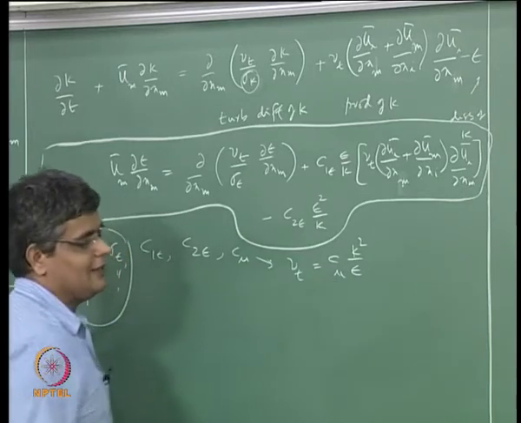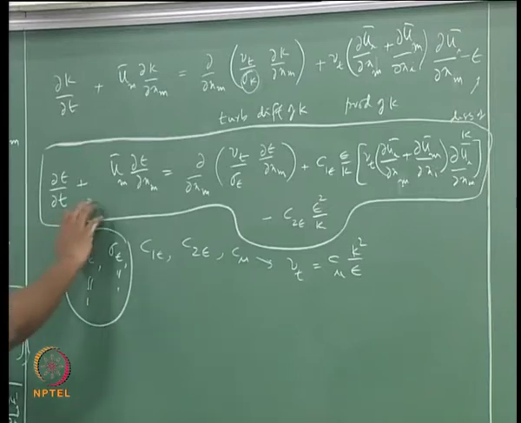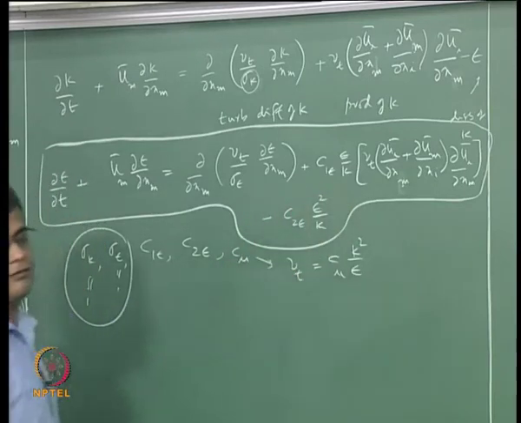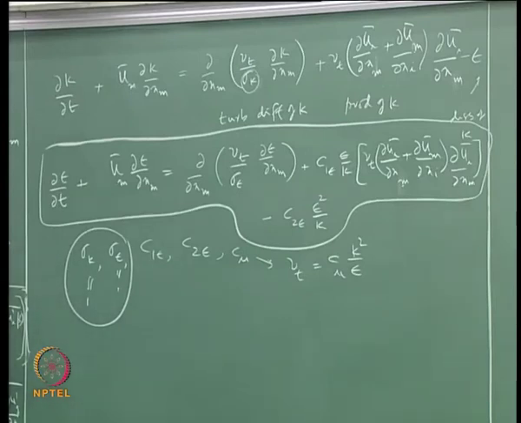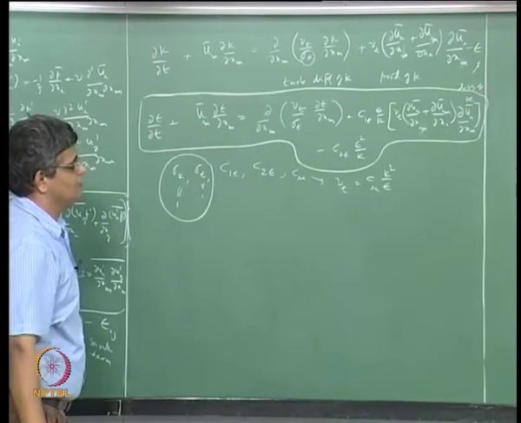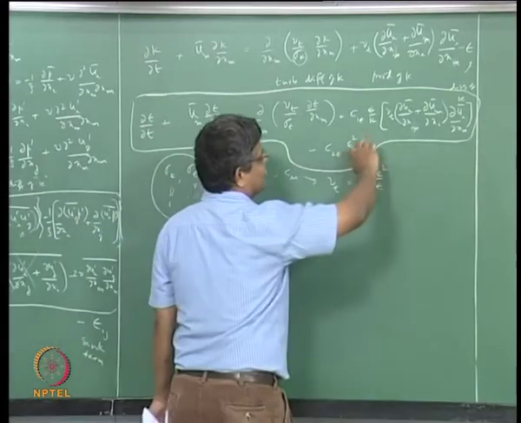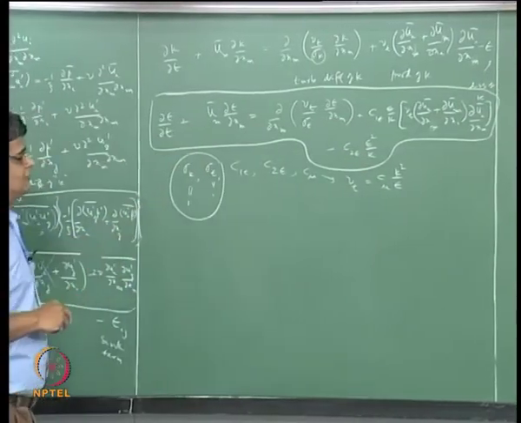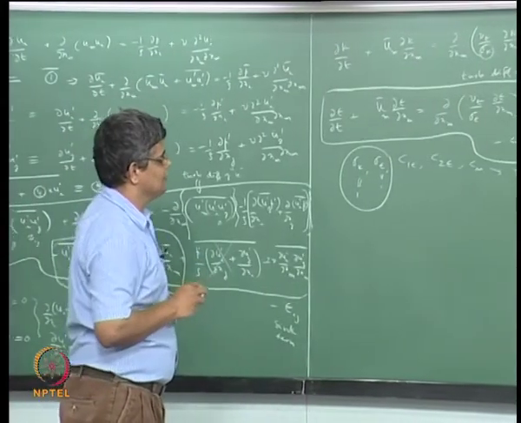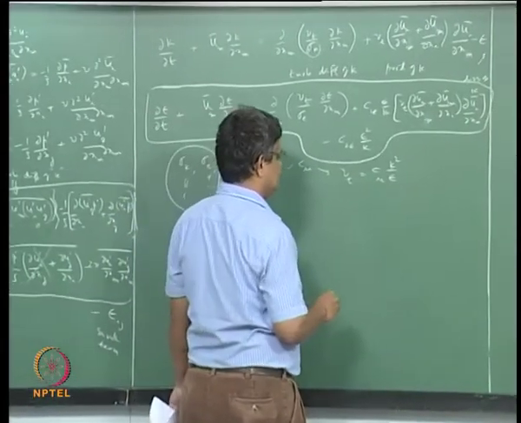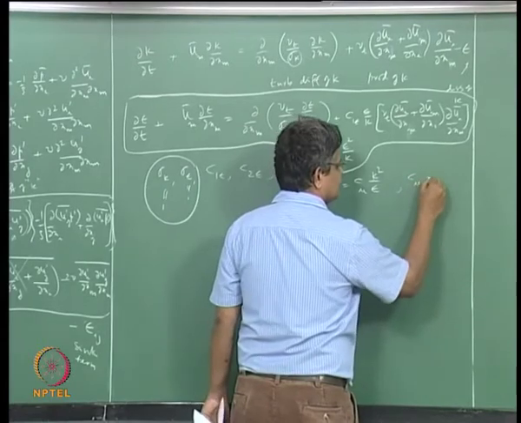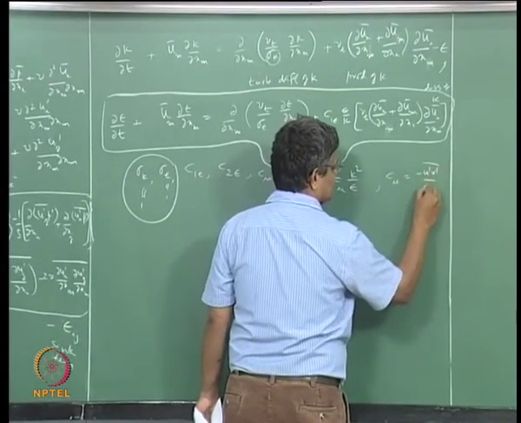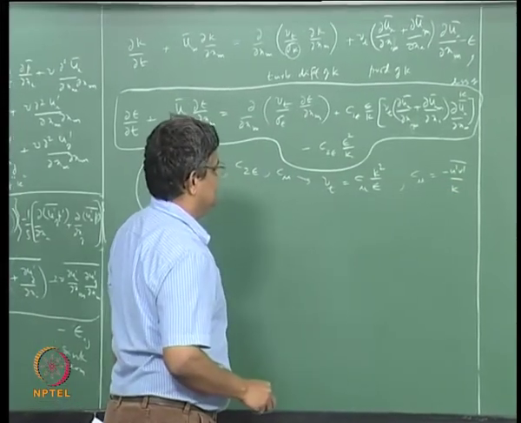Now this quantity here is determined under conditions where the K evolution and epsilon evolution are determined wholly by the source terms. For example, when you are looking at cases very close to the wall, under steady conditions where the mean velocity is very close to 0, and the diffusion term can be neglected, it is the rate of production of K and the rate of local dissipation of epsilon, these two factors, that dominate. So under those conditions one can show that C mu is minus u prime v prime bar by K, whole squared,